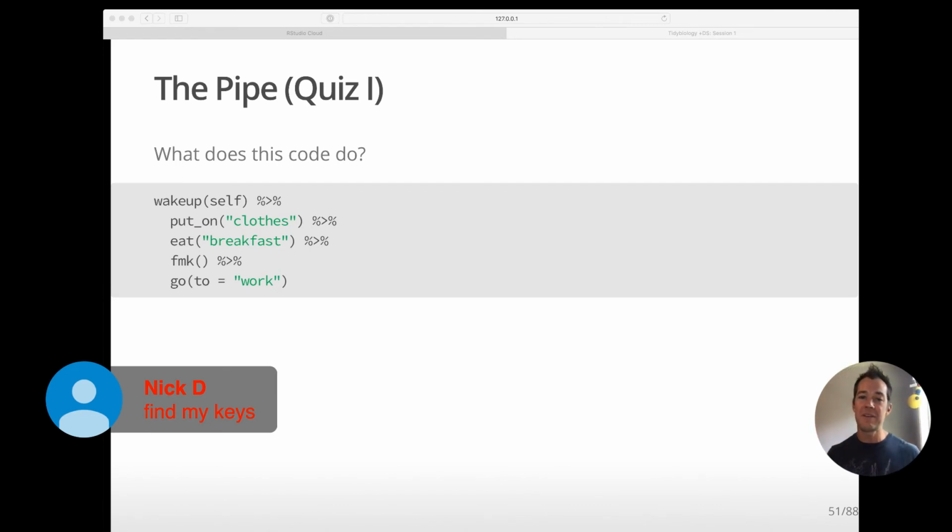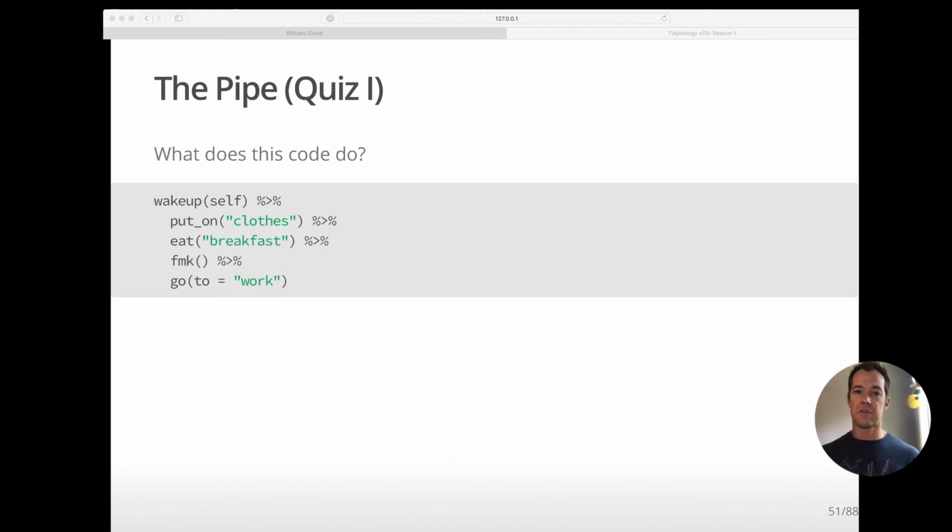All right, but the point of including this is that you don't need to understand exactly what the code does on every single line. In fact, as young data scientists who are just trying to figure out this crazy field, you will say, I can kind of understand what's going on, but I don't understand this line. So, what's this about? So we wake up, we put on clothes, we eat breakfast, we find my keys, and then we go to work. All right. So just remember that